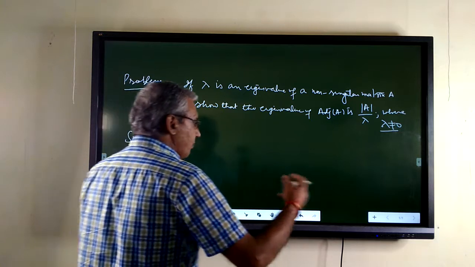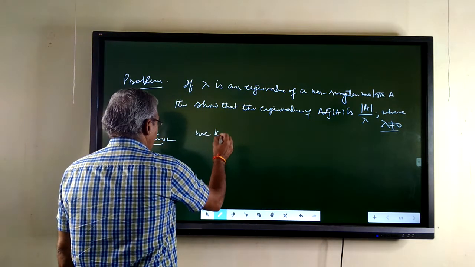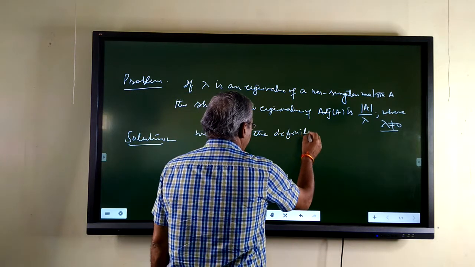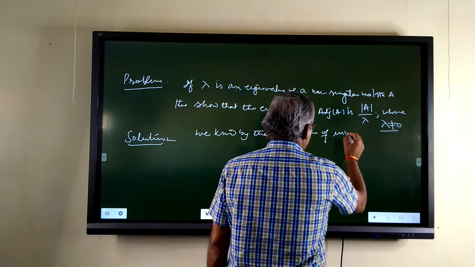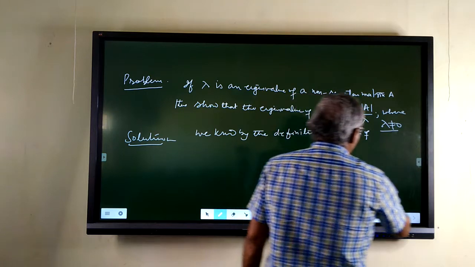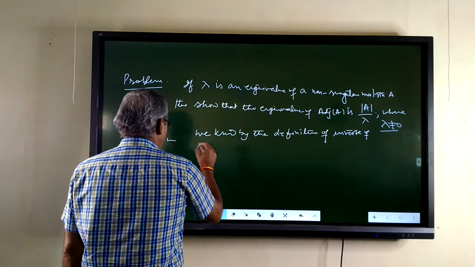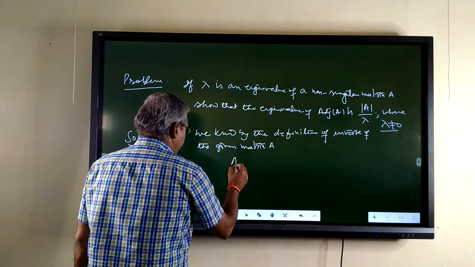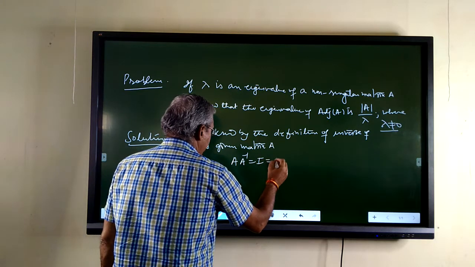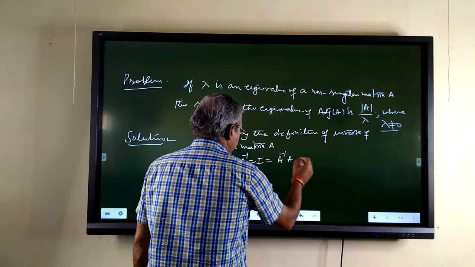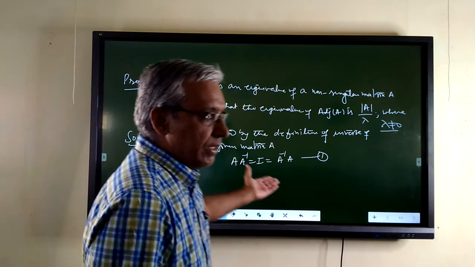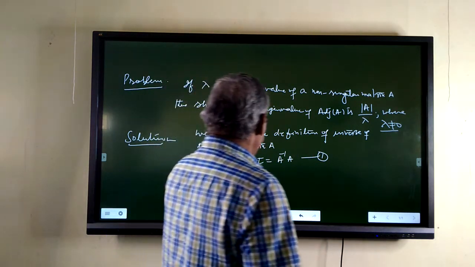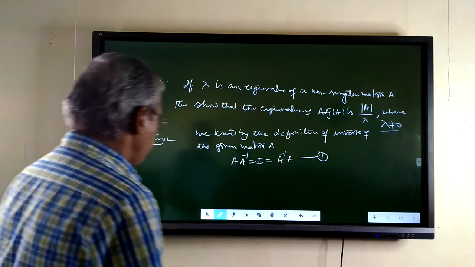We know by the definition of the inverse of a matrix, A times A inverse equals I equals A inverse times A, where I is a unit matrix of the same order as the matrix A. Now